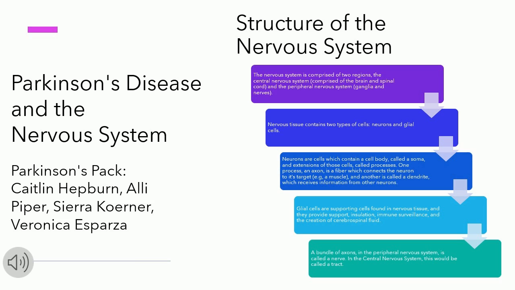My name is Sierra, and I will be doing the next segment of the podcast on what exactly our disease is and how it and other lifestyle choices can affect homeostasis in the nervous system. I want to start off by saying what exactly Parkinson's disease is and how it affects the body. Parkinson's disease is a neurodegenerative disorder that affects a person's ability to control movement. This is caused by a large amount of neurons that produce dopamine in the brain, specifically in the basal ganglia, to either die or become impaired.